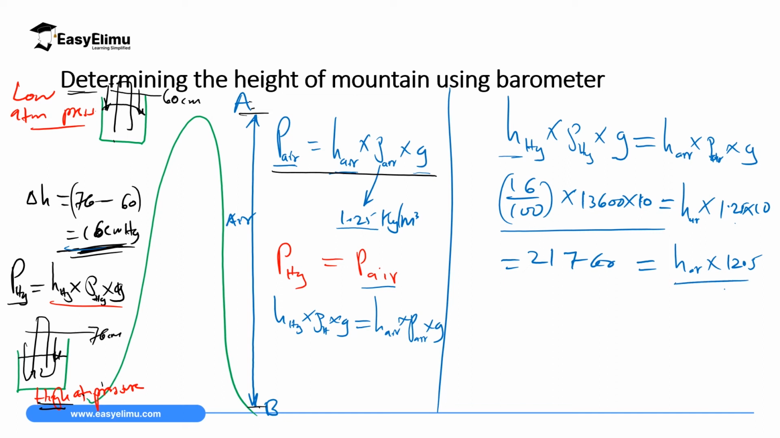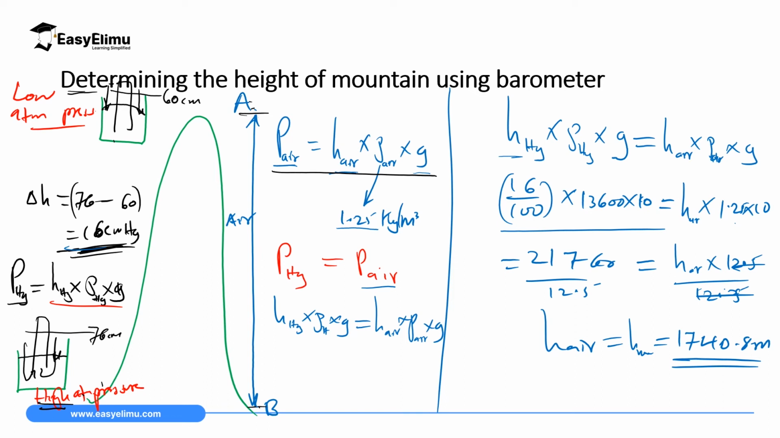So if we need the height of the mountain, we will divide by 12.5. Now here it will give us the height of air, which is the same as height of the mountain, which is 1,740.8 meters. So the height of the mountain, or the height of air from here to this point, is 1,740.8 meters. So what you do, you take the barometer at the base, you take it at the top,